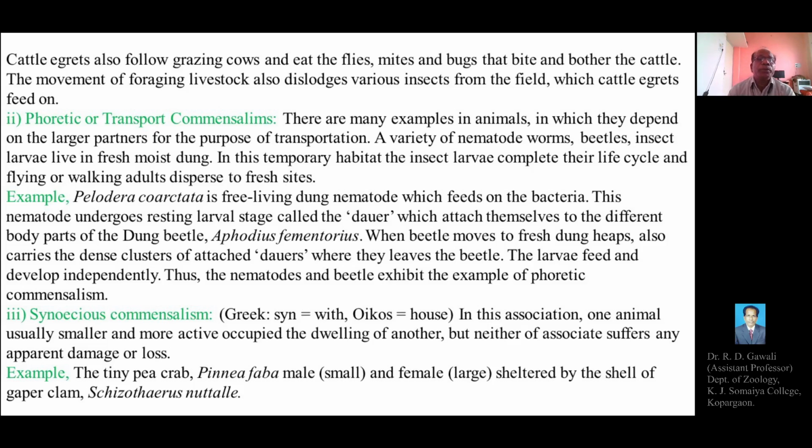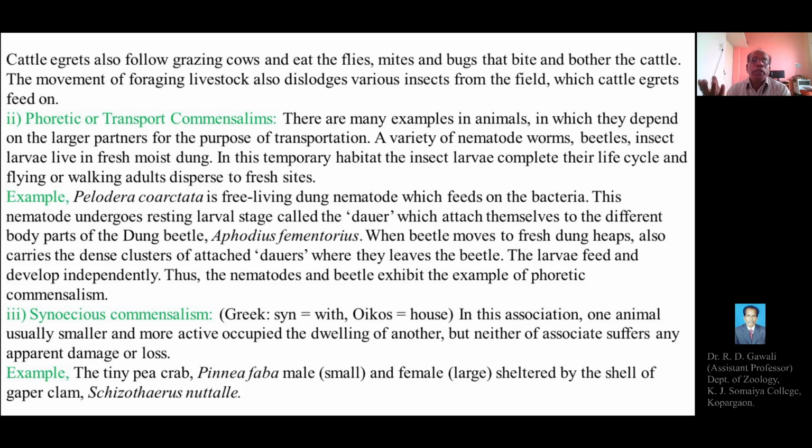Then the third type of commensalism, that is synoecious commensalism. Syn means with, oikos means habitat or the house. So in synoecious commensalism, in this association,